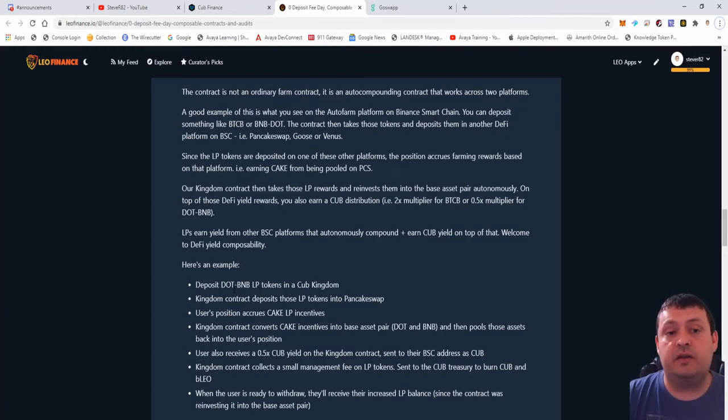This is really good for the Cub token because they are going to have a fee in here that they take, and all of the platforms that do this auto compounding have some kind of platform fee. So they're going to be taking this platform fee, but they are going to be using it to go and burn the Cub token. So it's one more burn mechanism for the token, and that's really exciting. They say they don't expect that this is going to hurt the multipliers of the other pools, and they go into that more. But if you really want to know everything, I'm going to let you come here and read this